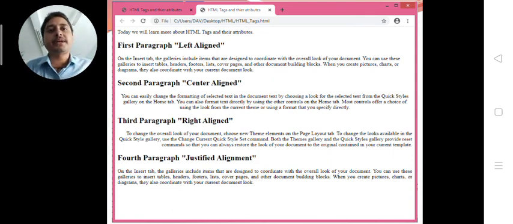In the second paragraph we will be able to see center alignment, meaning left and right are not uniform, they are just arranged. But if you divide this page from the mid section, you will see that the content of the left side and the content of the right side are equal in every line. This is center alignment. In right alignment, you will see that the right side is properly, uniformly aligned, but the left side is left. And the fourth paragraph is justified, left and right properly aligned.